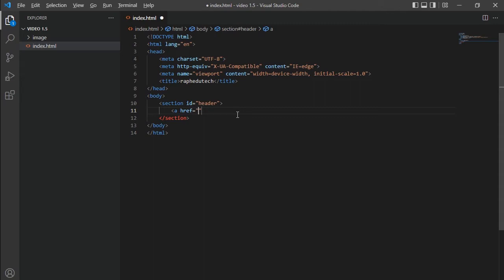So just give it hash. Then after the hash now,